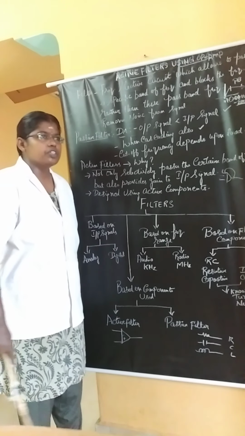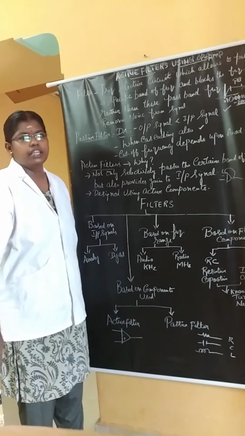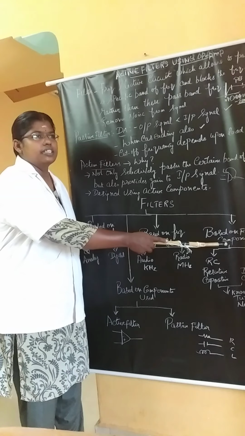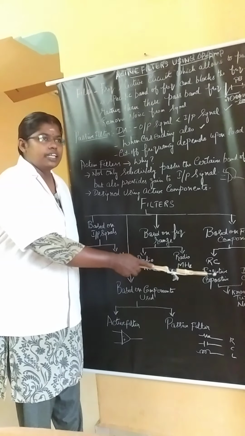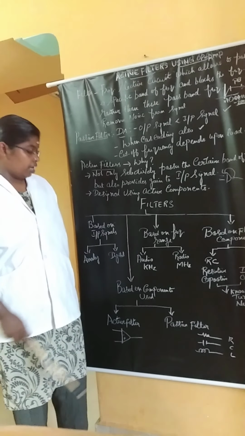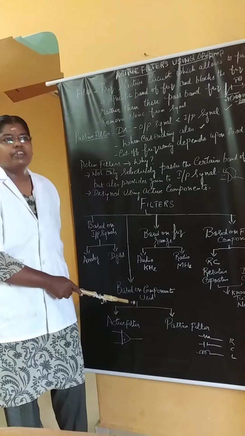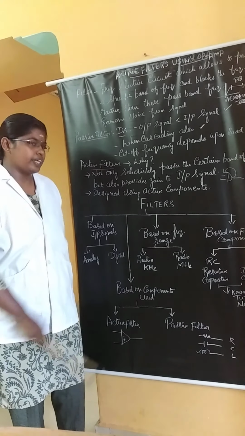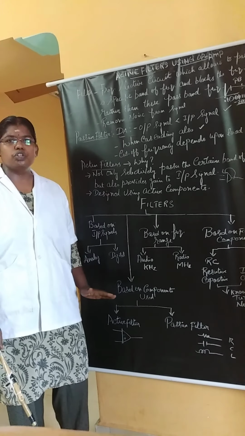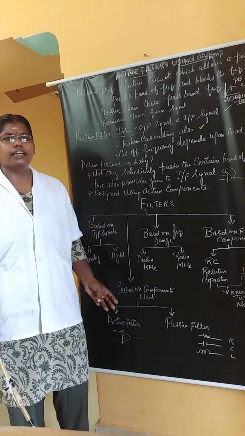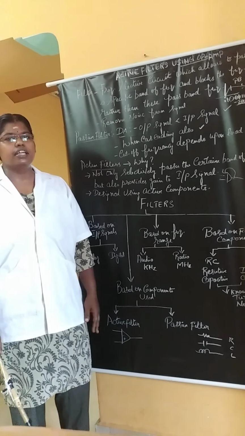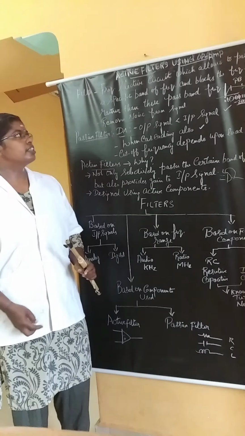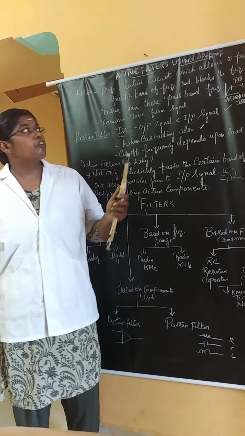Then based on the filtering components used, the filters can be divided into RC and LC. You know that RC means resistive capacitive and LC means inductive capacitive. Basically, RC and LC are known as the tuning network. Based on the components used, filters may be divided into active filter and passive filter. In an active filter, the components used are op-amp, transistors, thyristors, etc. And passive filter means resistor, inductor and capacitor. Next, we shall discuss the types of active filter.